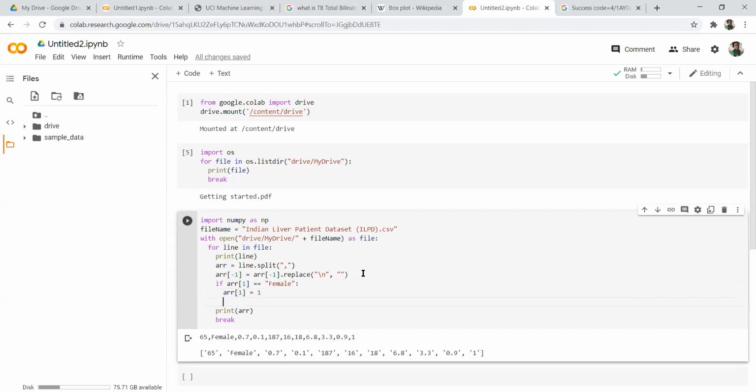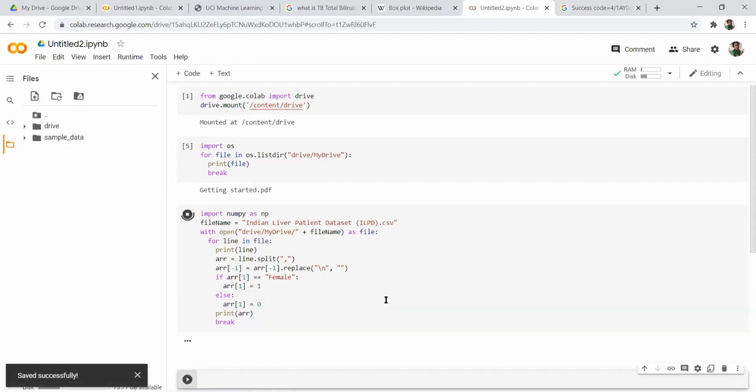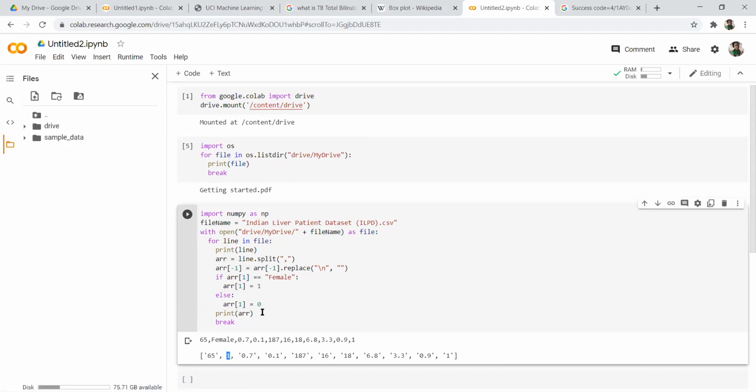So if it is a female, I'll mark it as 1. Else, I'll mark it as 0. Now all the values are in numbers, and I can convert this array from string into number.